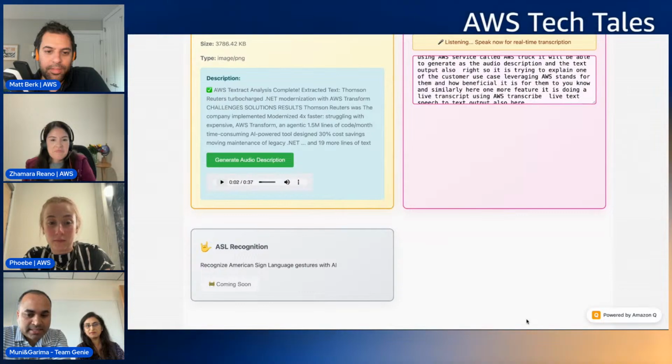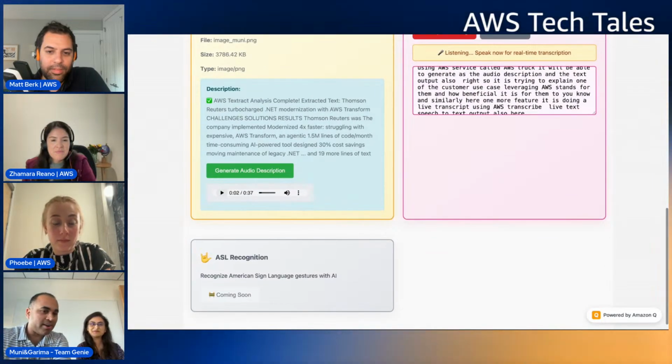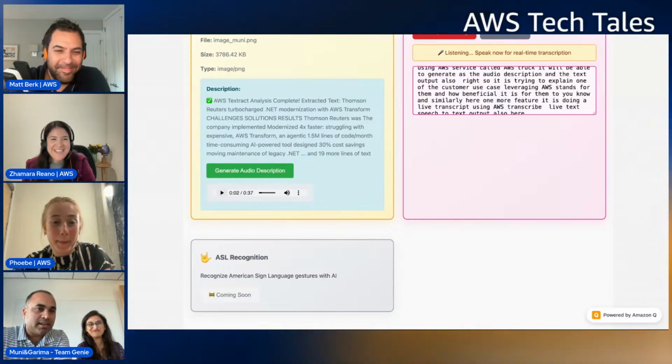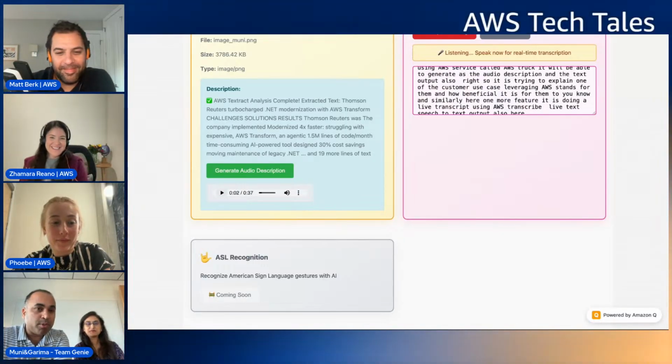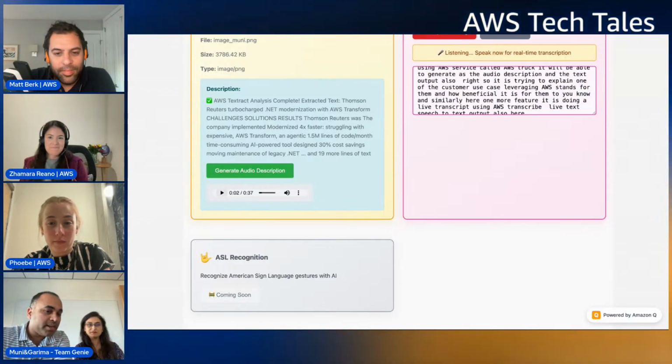And as I said, it's completely powered by Amazon Q. And we are not real coders. It's all about giving the CLI the proper prompt we need, right? That's where it all matters. The context that we provide to the AI matters. So that is how we are able to build it today. And we are looking forward to taking it further and having this platform or application in everyone's hands for everybody's accessibility.